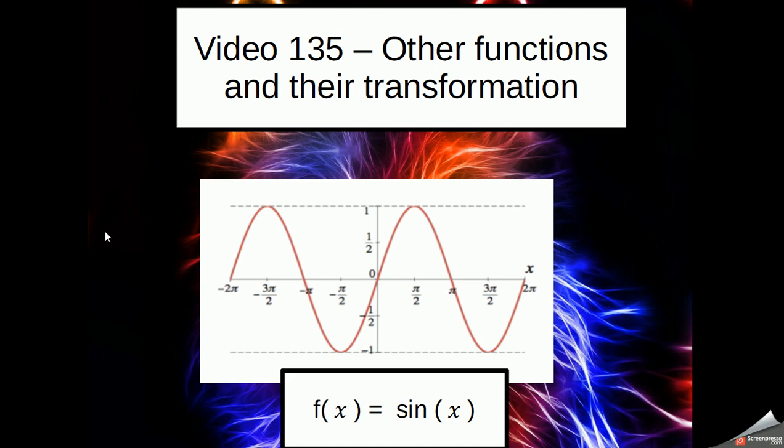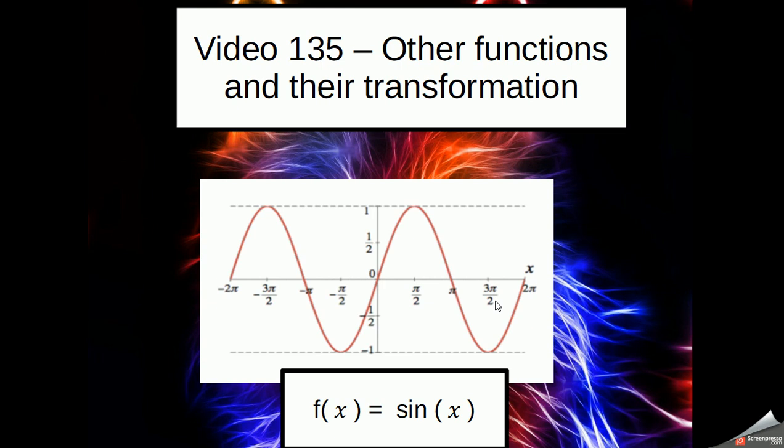A couple of other graphs then. We've done sine, cosine, and tan in algebra, and when we did that, we looked at how we can have sine of 20 degrees, an angle, and that would give us a particular value. So we might want to plot that in a graph, and if we did, we would actually get this pattern here, where sine passes through the 0, goes up to 1 at the value of pi divided by 2, down to 0 at the value of pi, and down then to minus 1 at the value